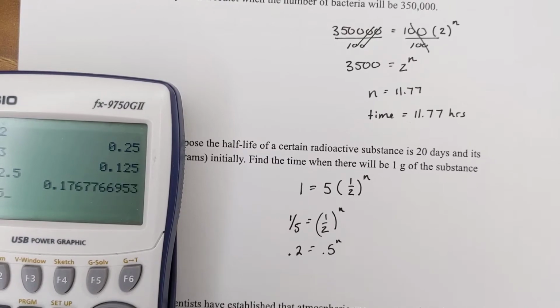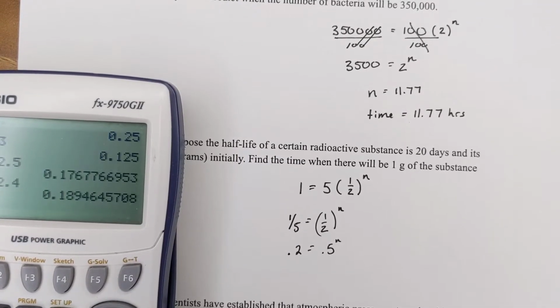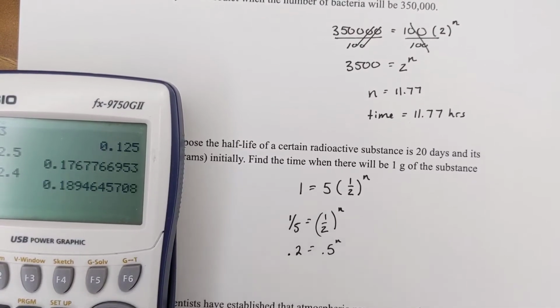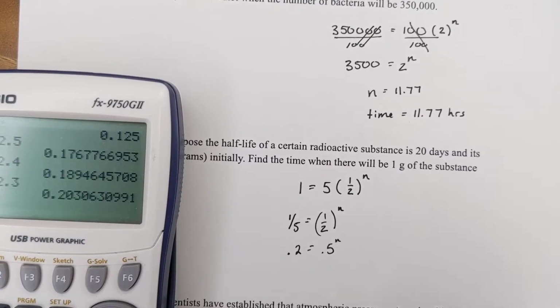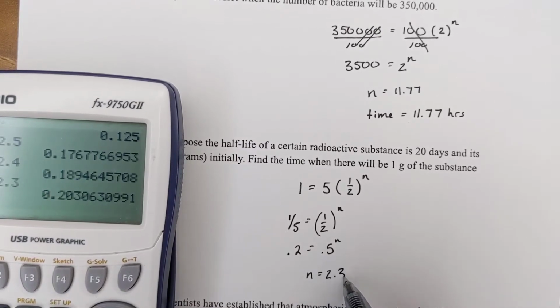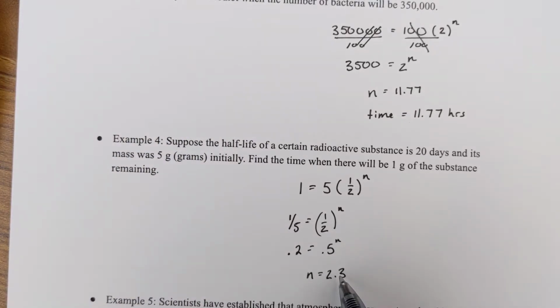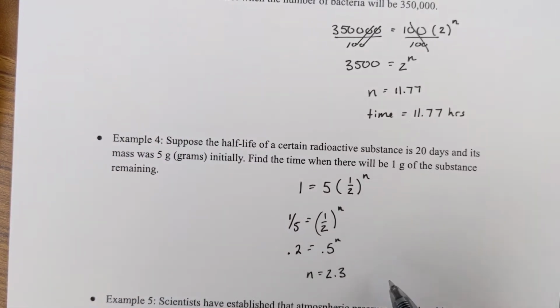0.5 to the 2. So we took too much off, so we need to count our exponent down because we need less time to go by. Now that looks pretty good. So n is 2.3. So that's the number I use for my variable. Now n counts the number of half-lives, and the half-life is 20 days. So 20 times 2.3 is